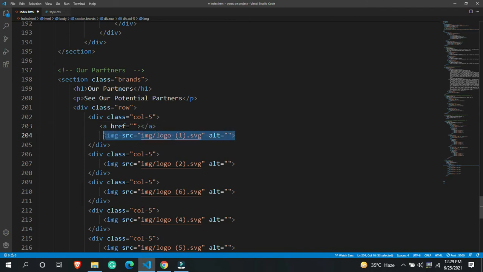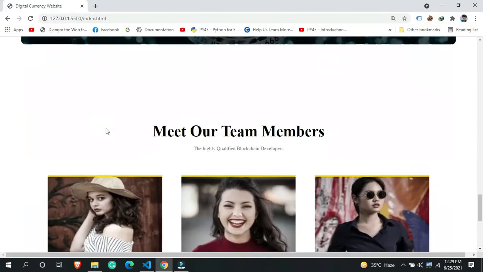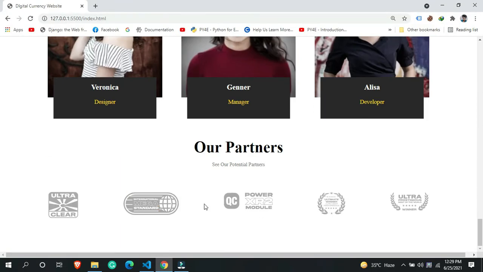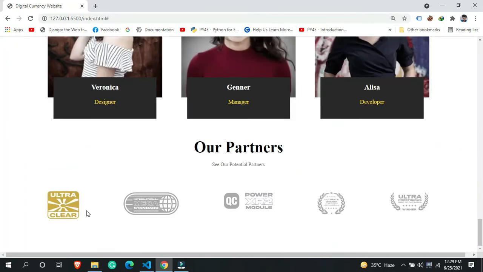And let's say you can copy this particular thing over here, and then add whatever you want to do over here. So you can also add a hyper reference, and this will look the same. There will be no effect after adding all of these things. You can also add a hyper reference over here. Here you can see we just got a hyper reference, and this image has a link over here.